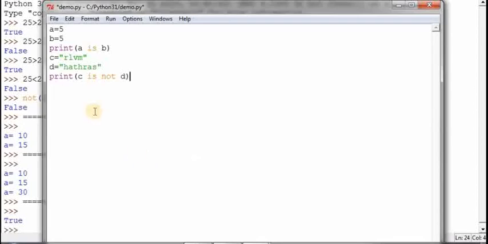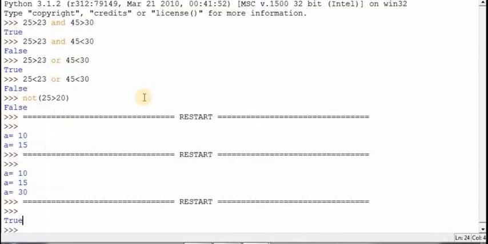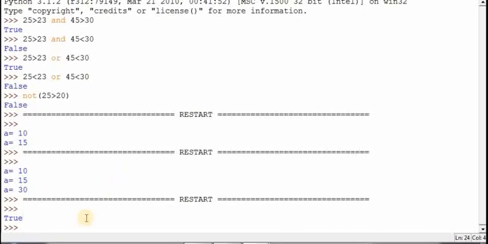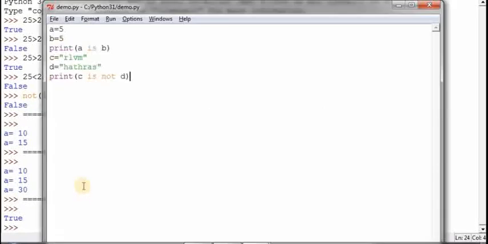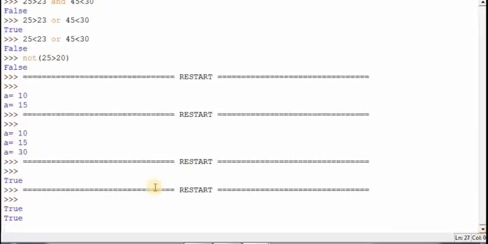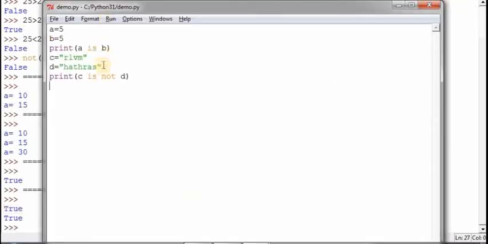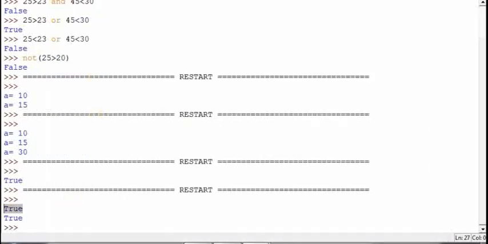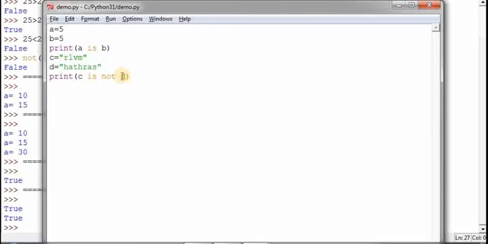Yes, it is true because c is not equal to d. This true is for a is b and this true is for c is not d.